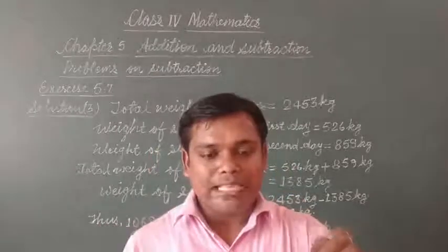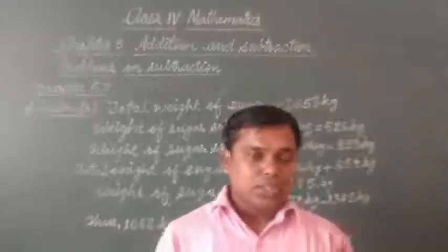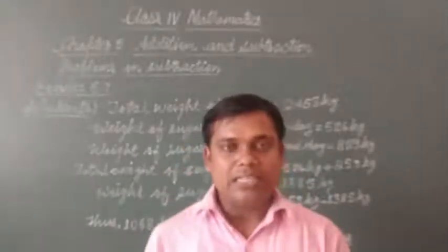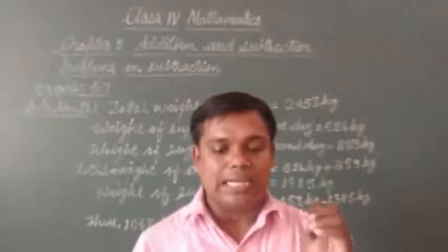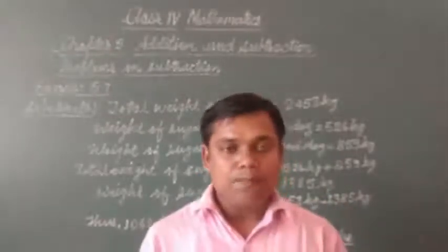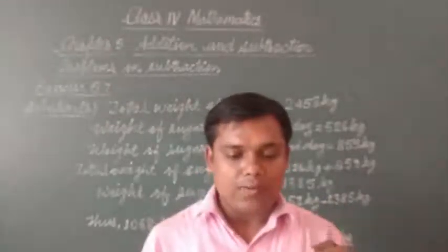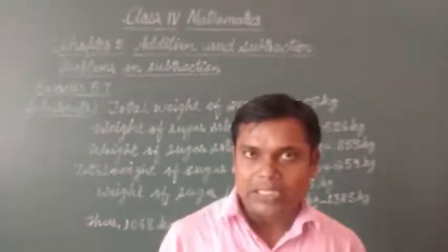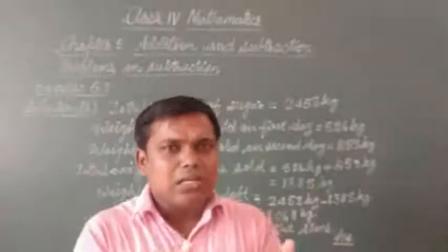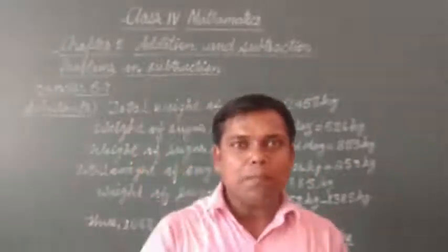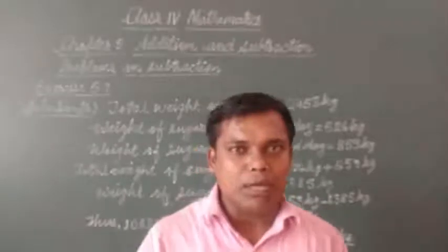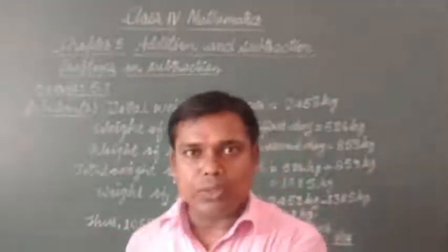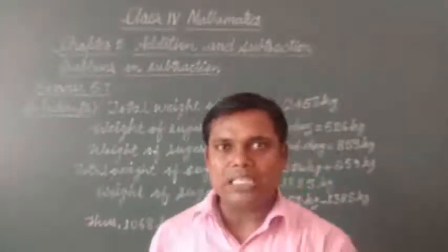Now question number 6. It is written here, the population of a town is 75,492. If 40,548 are males, find the number of females in the town. So total population of town given, number of males given, we have to calculate number of females. So we write population of a town is equal to this, number of males is equal to this, and then